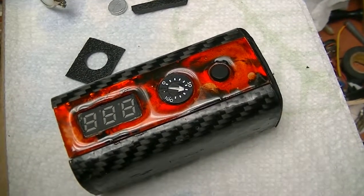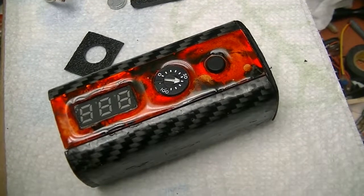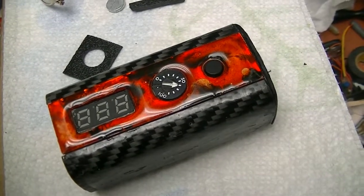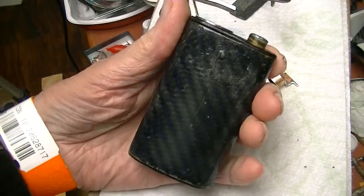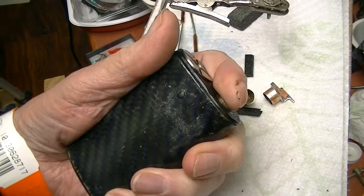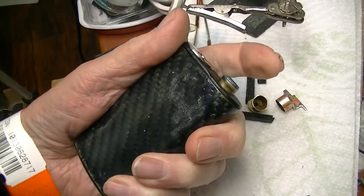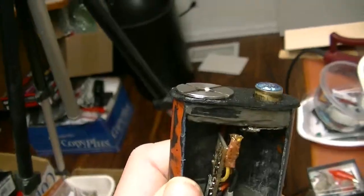Yeah, one of my latest mods, dual 18650 pulse width modulation. Something I kicked on for a long time. It was the first magnetic switch I built with a bullet, 38 gauge I think. So here's the